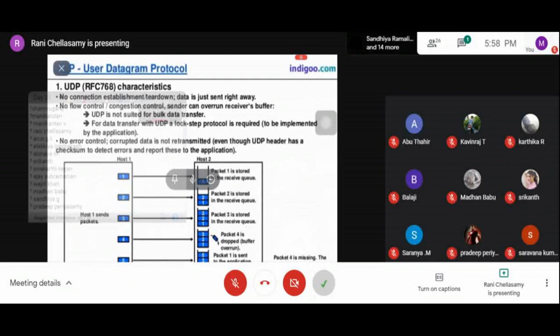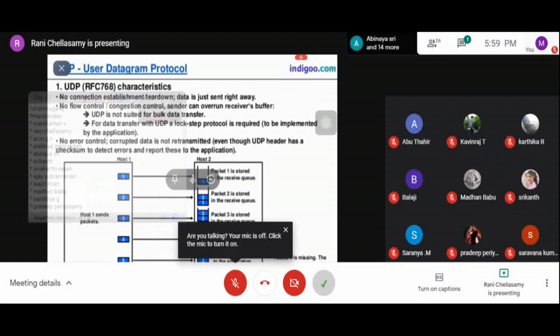The client can keep on sending packets to the server, and the server's buffer may overflow. It doesn't bother about such things happening at the destination point.